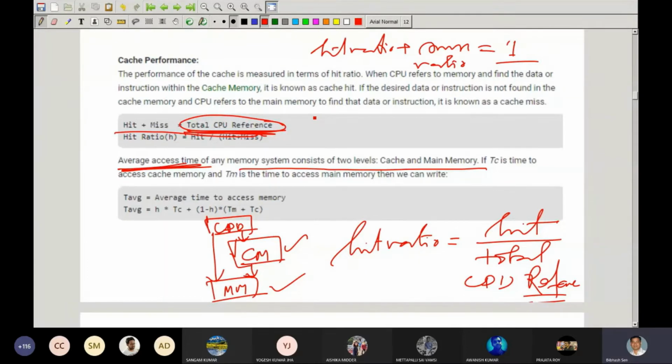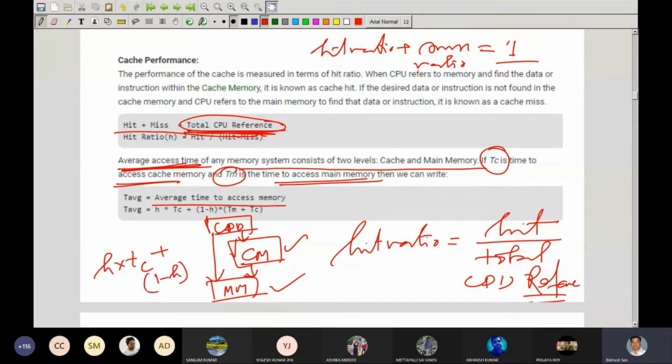Average access time for any memory system consists of two levels. If TC is the access time of the cache memory and TM is the time to access the main memory, then you can write the average time to access a particular memory as hit ratio into TC, plus 1 minus hit, that means miss, into